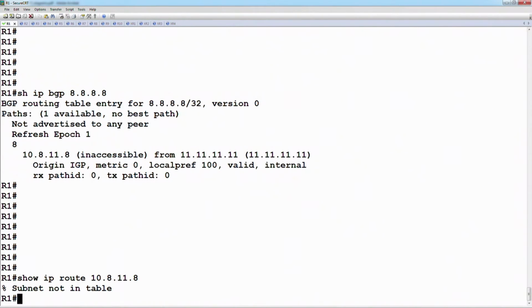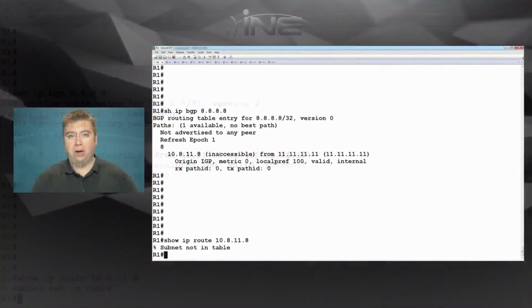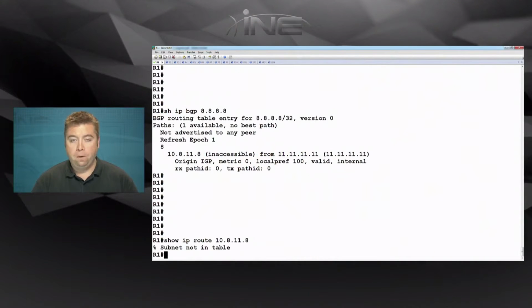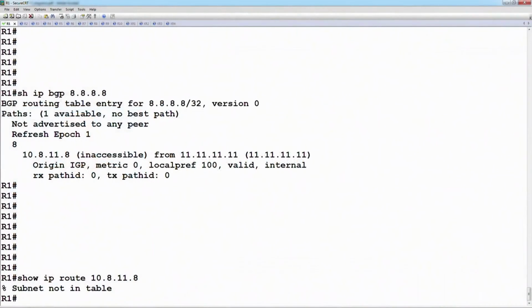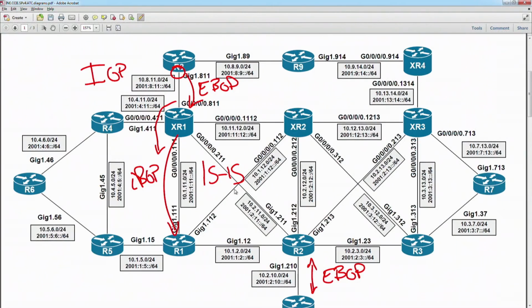Now, we'll see that there are multiple solutions to this particular problem, that we don't have the route to the next hop, but mainly it's going to be one of two variations. That either we need to give them a route to the next hop, or we need to change the next hop to something that they already know. So in this particular case, we're going to look at it in both variations. We'll say from XR1 to router 1 and 2, we're going to simply change the next hop of these updates so that we're using our local loopback. And then router 1 and router 2 are saying, well, as long as I know how to get to 11.11.11.11,